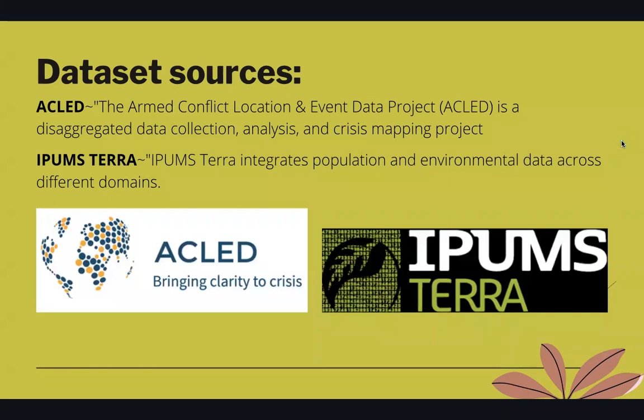Now, to conduct the research, I used two different data sets. The first data set was acquired from ACLED, the Armed Conflict Location and Event Data Project, and some of the variables that came out of that data set were location, type of protest such as peaceful or riot or violent, unions associated, news source reporting the protest, and the scale of the news source.